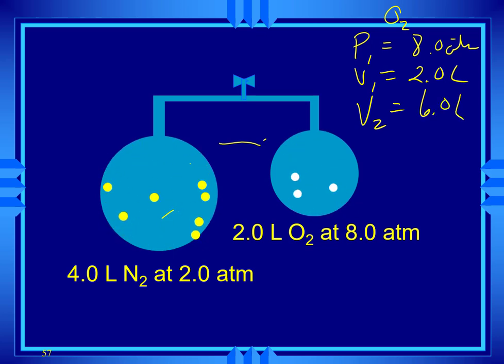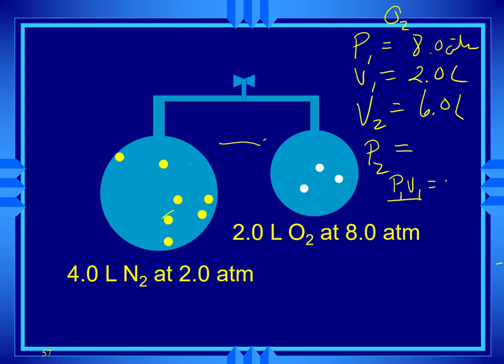So that P2, I should be able to solve for, because the temperature didn't change, and this is a sealed container. I didn't talk about the temperature changing, sealed container. So I should be able to use P1 V1 equals P2 V2, because I can cross out the temperature off the bottom. Combined gas law without temperature, or Boyle's law. So P2 is P1 V1 over V2,